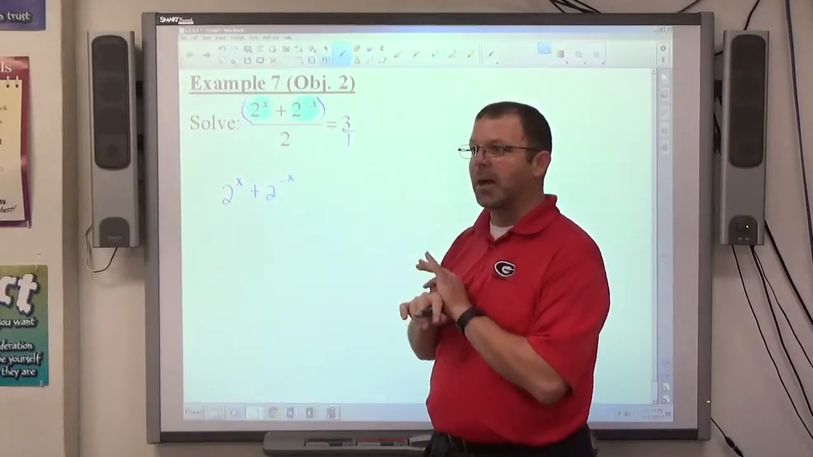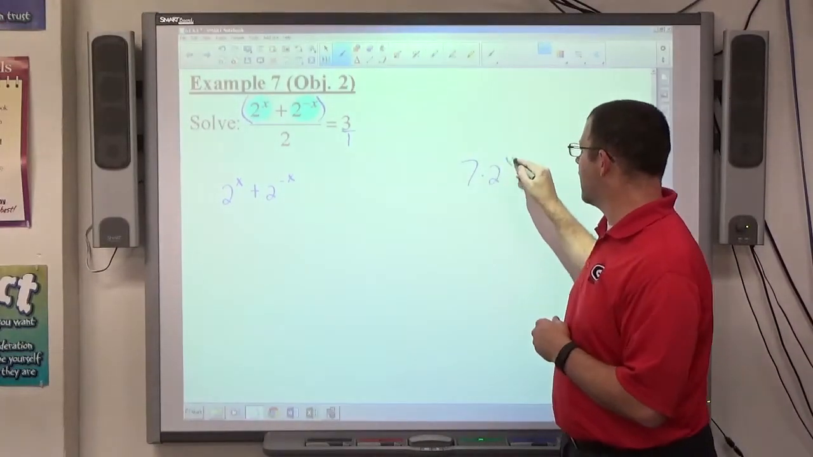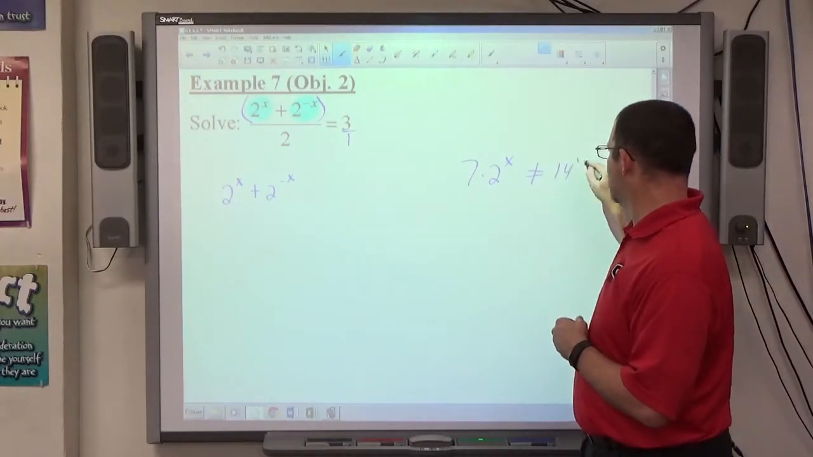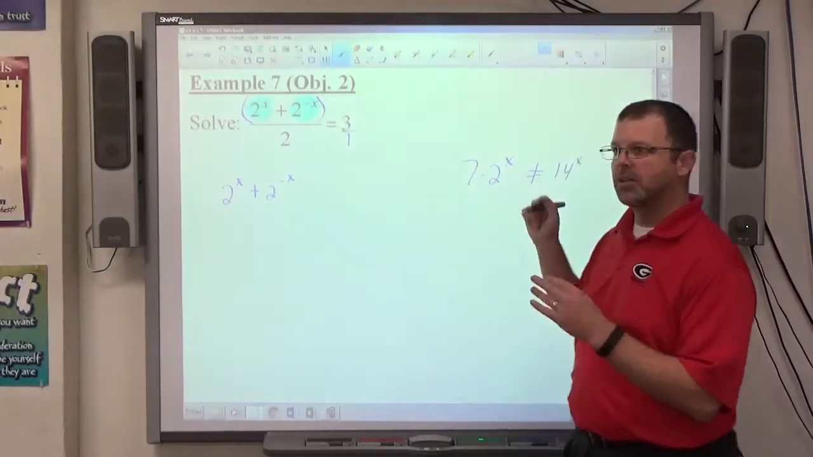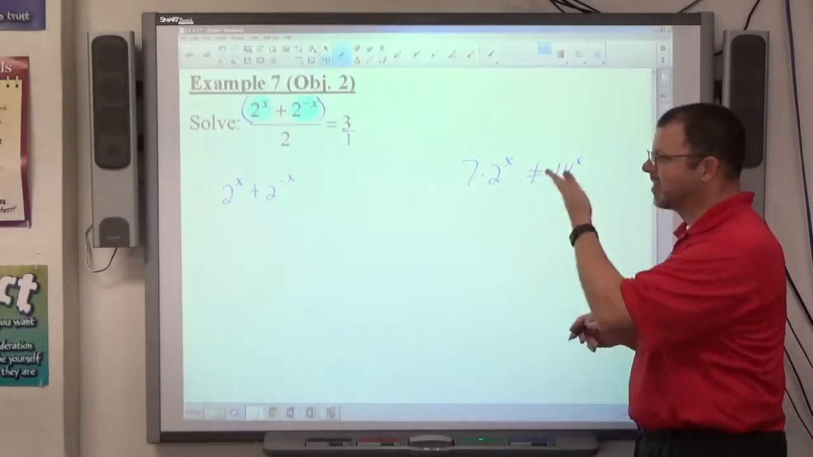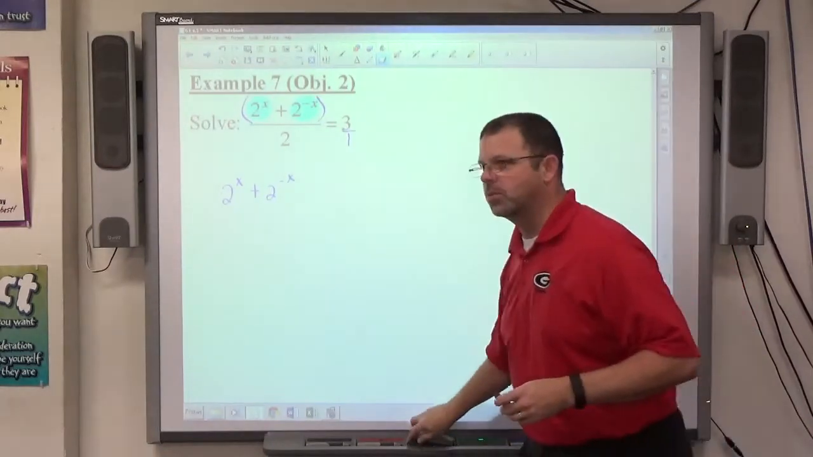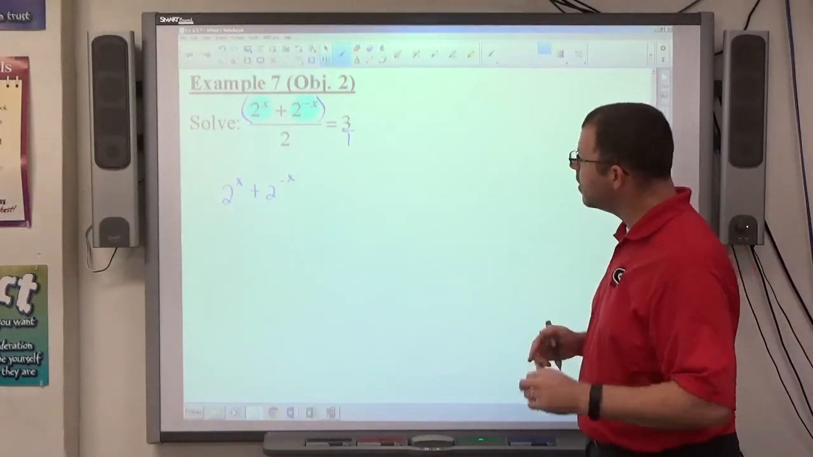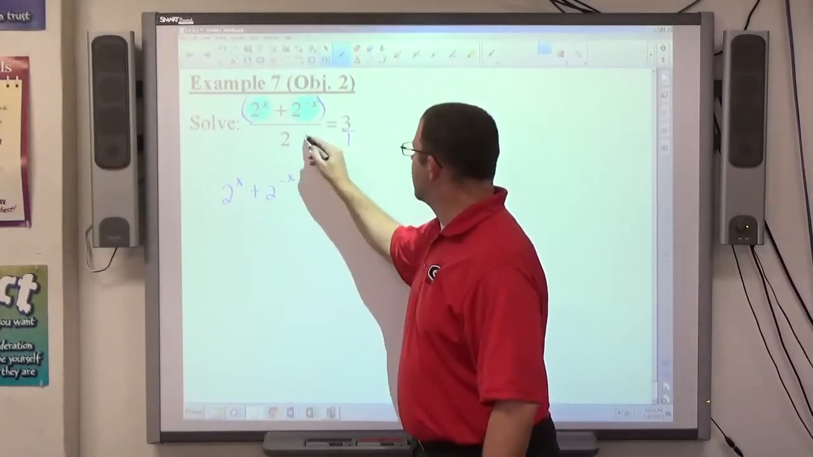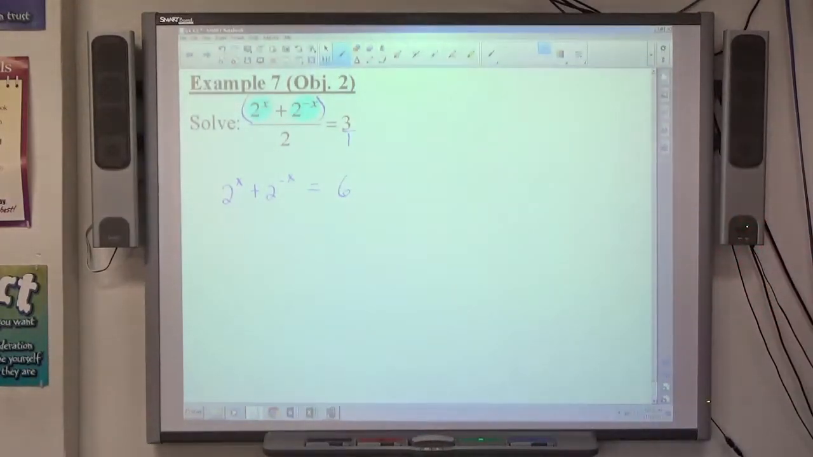Don't try and multiply. Don't make it 14 to the x. That's illegal. So 7 times 2 to the x does not equal 14 to the x. If this was a fraction over here, just keep 2 to the x separate from any numbers multiplying it. In this case, 1 doesn't do anything, so that doesn't happen, but it will happen in your homework. So know that that's how you handle it. And if I multiply the other side, 3 times 2 makes 6. So that's job 1: get the fractions out of the problem. Make yourself an easier problem. Okay, next,